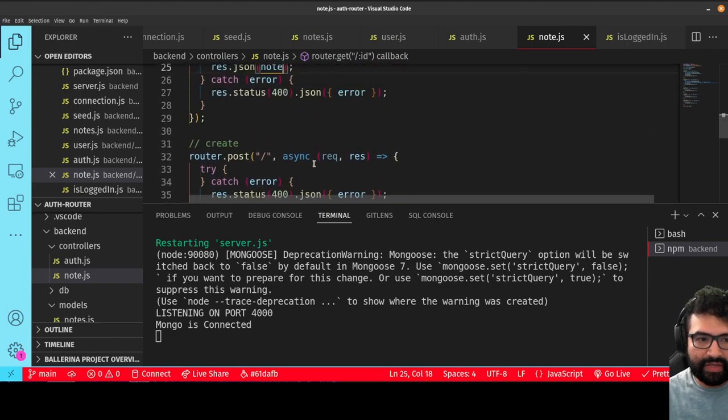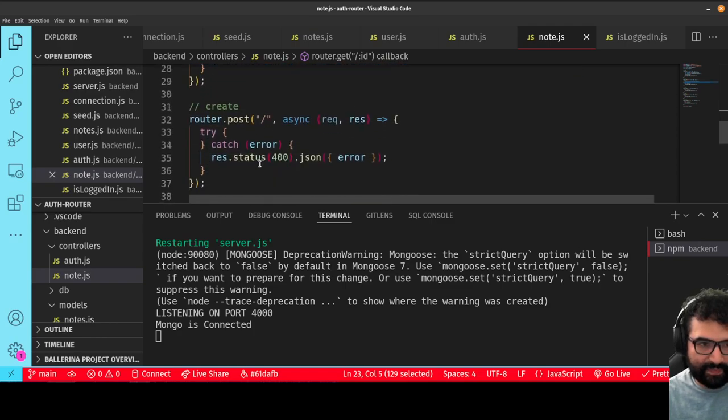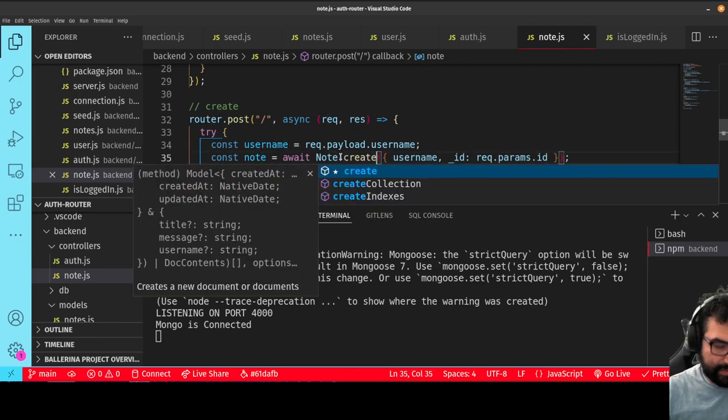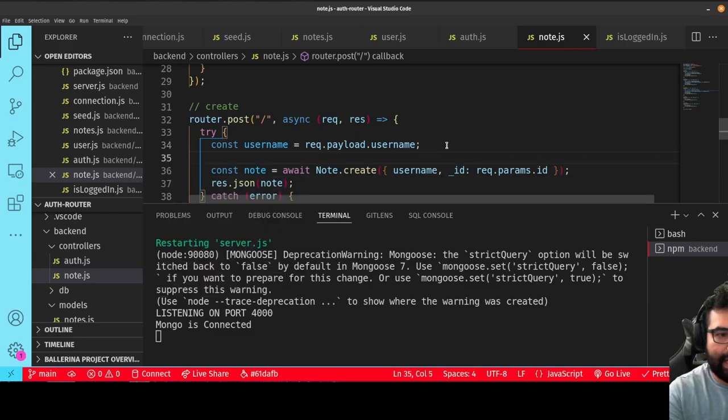Then we do a create route. Pretty much the same pattern again. Grab the username from the payload. Then except instead of finding a note, we want to create a note. The only difference is that now what I want to do is say